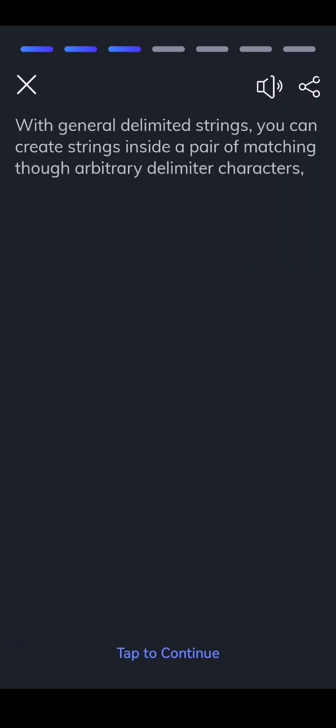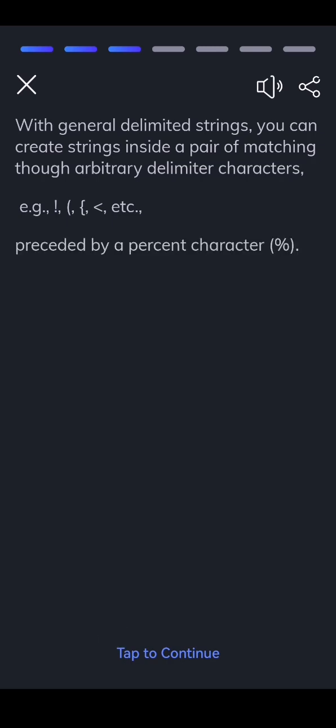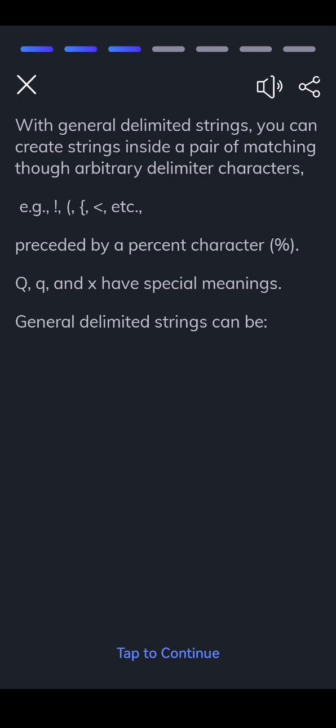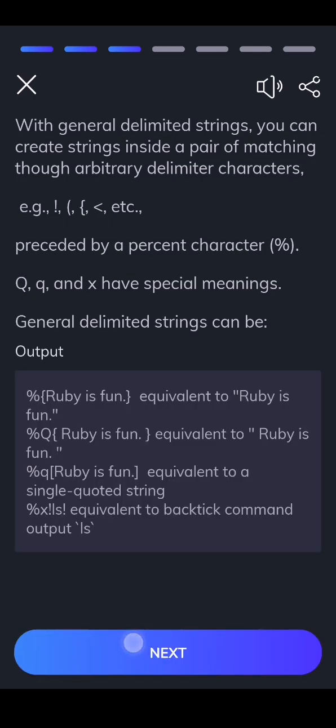With general delimited strings, you can create strings inside a pair of matching, though arbitrary, delimiter characters. For example, less than, etc. Preceded by a % character, %q and %x have special meanings. General delimited strings can be